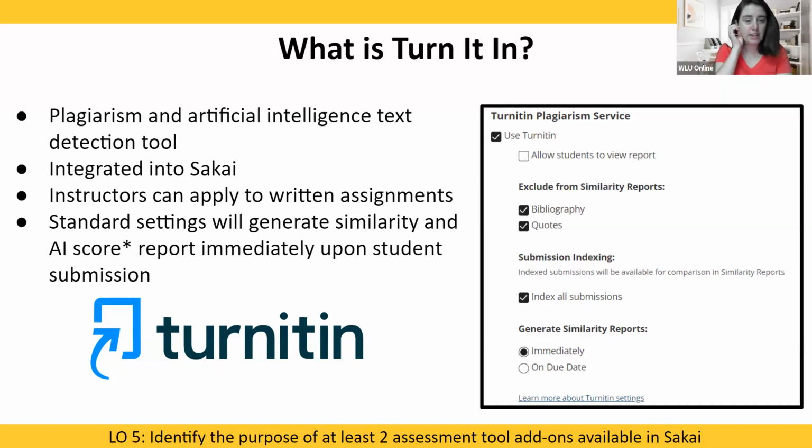Now there's a new setting that we also have, and only instructors will see it. There is artificial intelligence detection in this Turnitin subscription we have. So it's going to generate a score based on how much is similar to other items in the huge database. It's also going to give a score on how much it thinks that AI, Chat GPT or something wrote the text for the student. They're claiming right now that it's 98%, but they're not totally 100% that it's going to